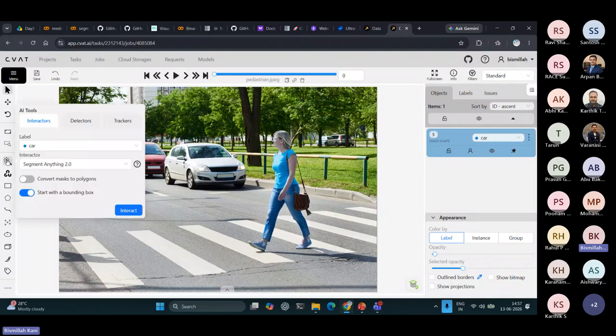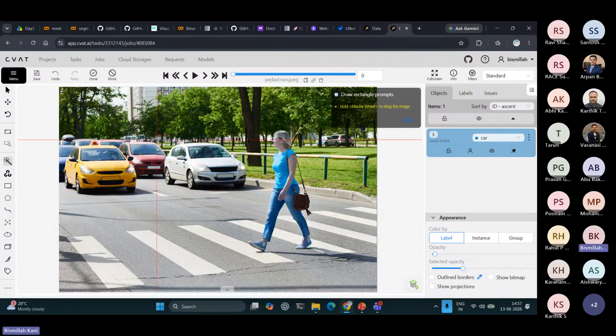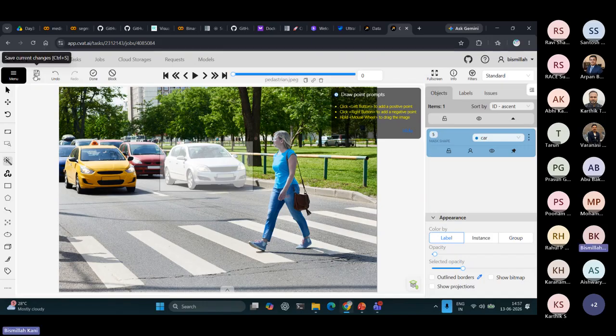And then the latest one was the Segment Anything model, where I can simply draw a box around the car and I can get the mask instantly. So that's why it's pretty powerful. Now, if I save the mask,